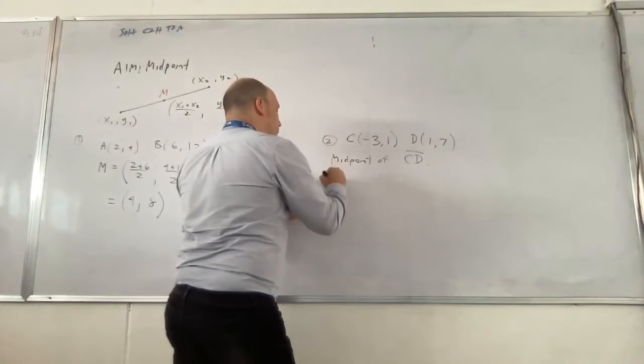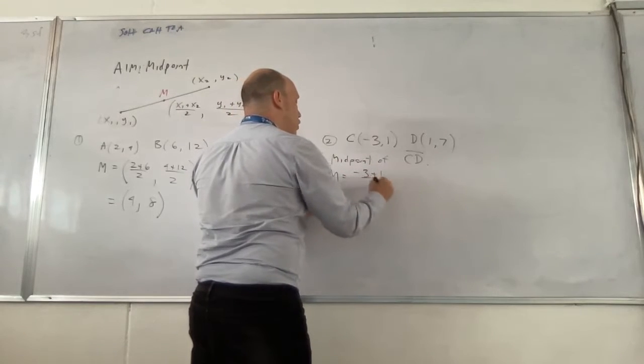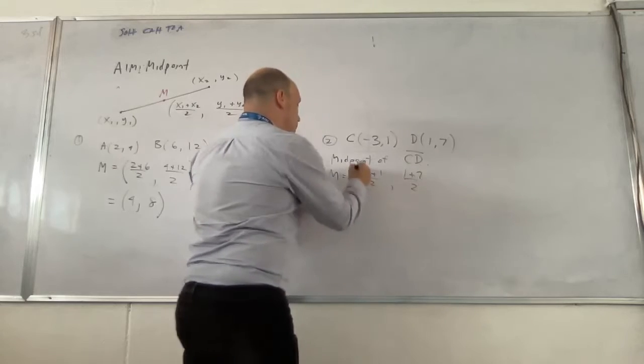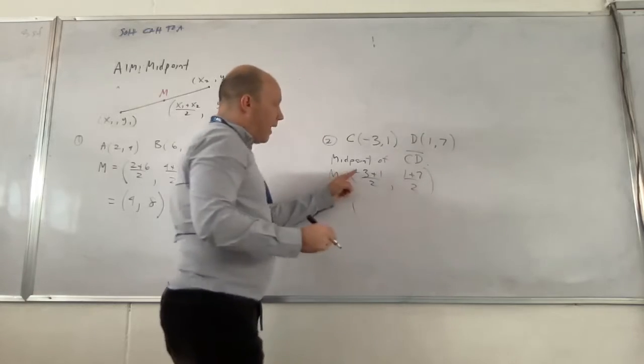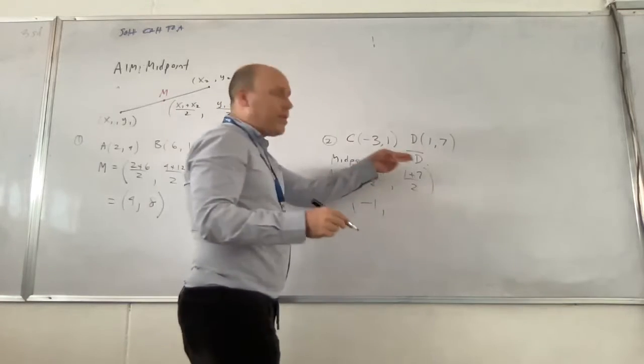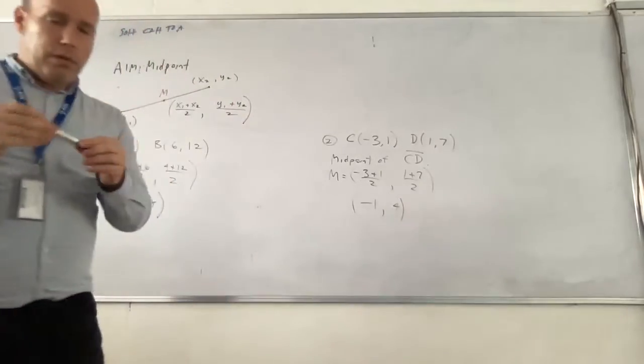Well, you can say, let's use the formula. Fine. The midpoint M is equal to -3 plus 1 divided by 2, comma, 1 plus 7 divided by 2, which gives us, let's see, -3 plus 1 is -2 divided by 2 is -1, and 1 plus 7 is 8 divided by 2, that gives us 4. Now, this is the